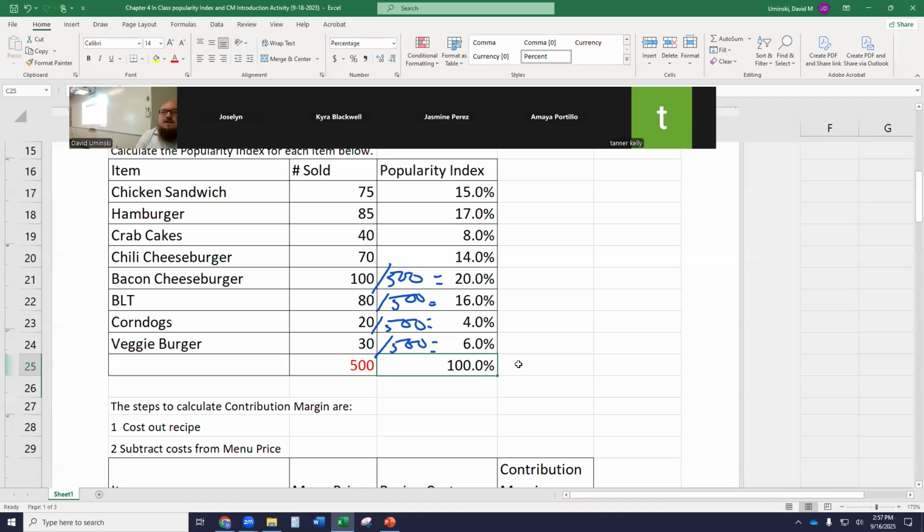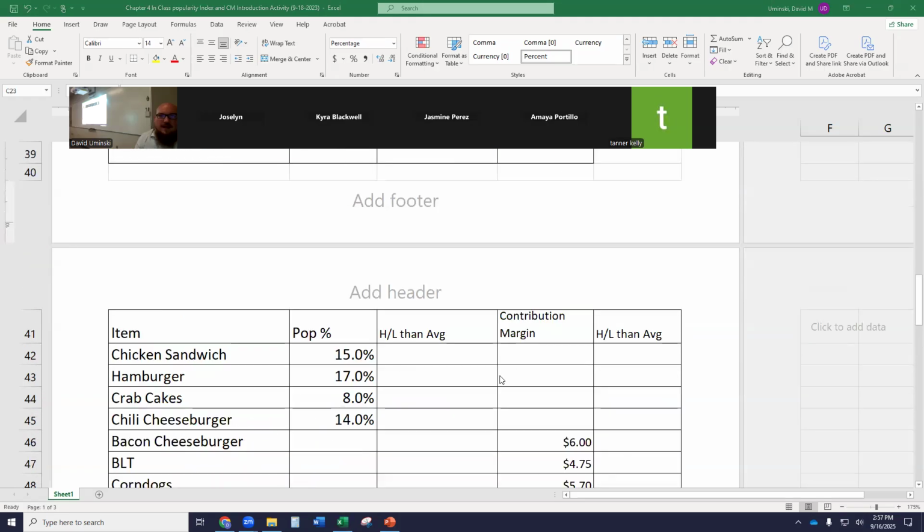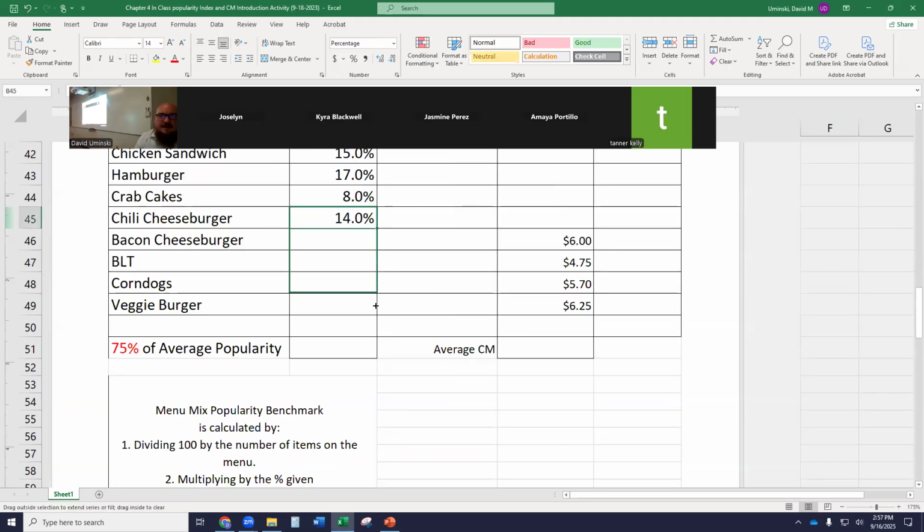Okay. So what's our most popular item? The bacon cheeseburger. Excellent. What's our least popular item? The veggie burger. The corn dogs. Okay, we know that high and low, but where's everything else fall? Okay, we don't know. We're gonna find that out in just a second. If you flip your page over, okay, my percentages, I'm gonna copy them down here. Okay, so go ahead and copy your percentages over: 20, 16, 44, and 6.